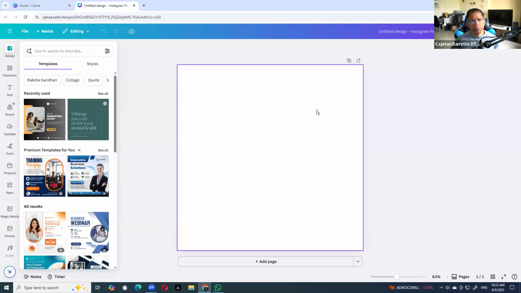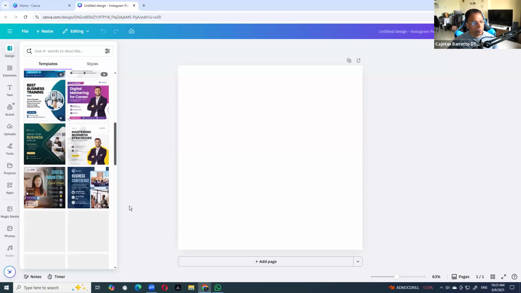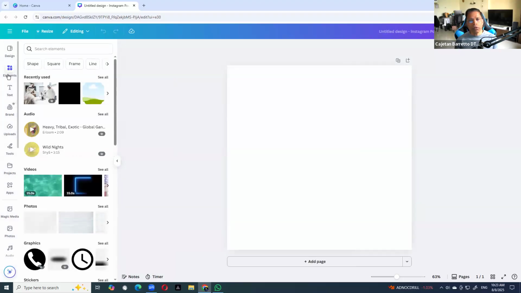Once you load the poster, you do have all these designs. You can choose from them if you want some ready-made inspiration. Of course, there is nothing stopping you from using these templates. All you have to do is replace the colors and the fonts to be brand compliant, and then you are ready to go. But in this case, since I have already decided that my training will be to create from scratch, I will immediately start focusing on creating everything from scratch.